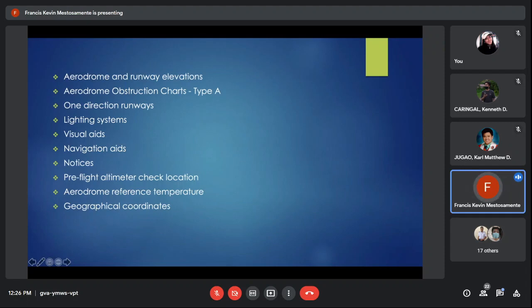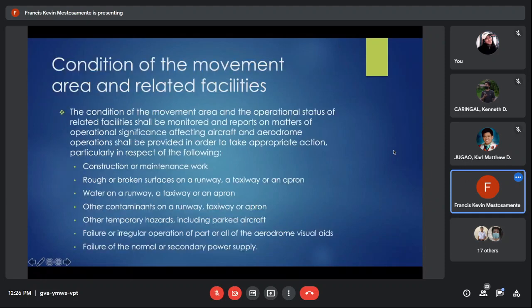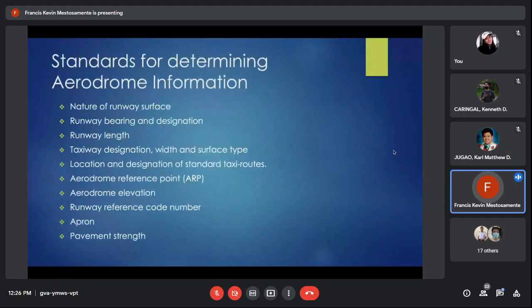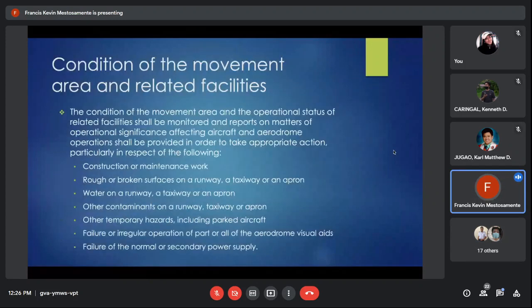Nakasama din doon yung altimeter, the current altimeter ng ating aerodrome. So nag-change po yan yung pressure natin from time to time. So ini-input yan on the aircraft para magkaroon tayo ng correct elevation on that specific airport at the specific temperature, density, and pressure. There we go. So yun yung mga standard na kailangan nating sundin determining aerodrome or airport information. So on the next slide,